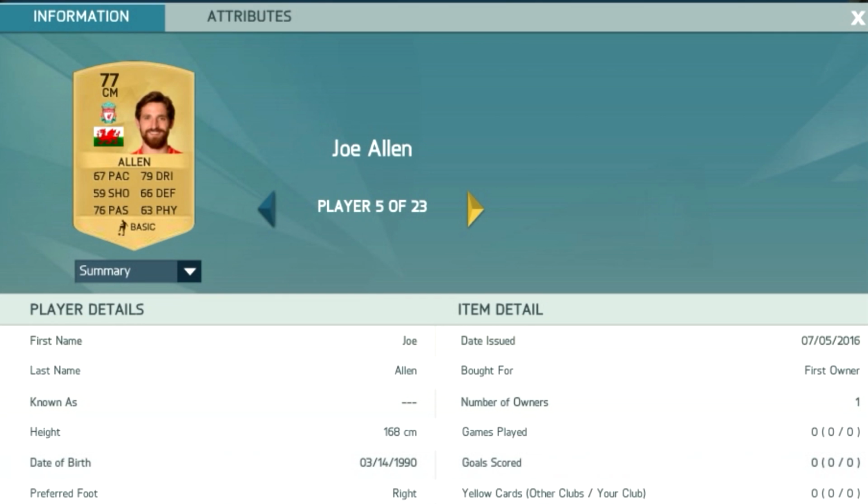We then move to the centre mid, and Joe Allen gets a spot in the team. A player, I'll hold my hands up, if you've seen the Liverpool FIFA 17 ratings video, you know I don't like him as a player, but he's done really well at these Euros, and he's done fantastically for Wales. I think towards the end of the season for Liverpool, he was also doing really quite well. So he makes the side, basically for helping keep Wales ticking and working really hard in that centre mid with